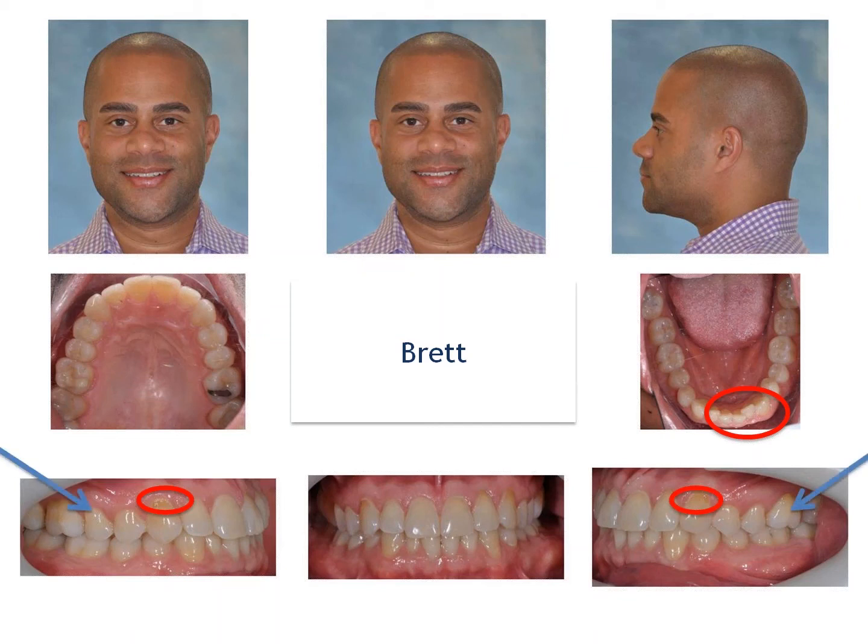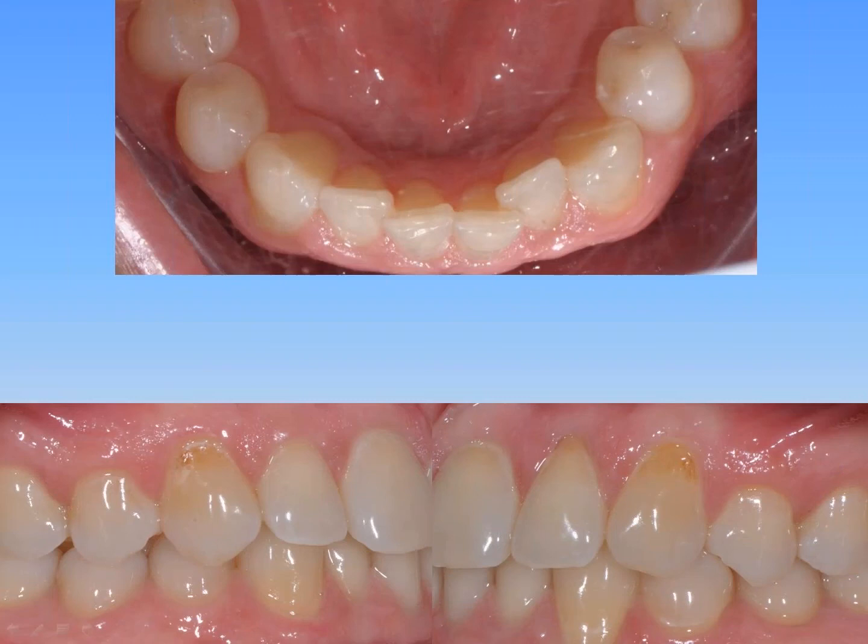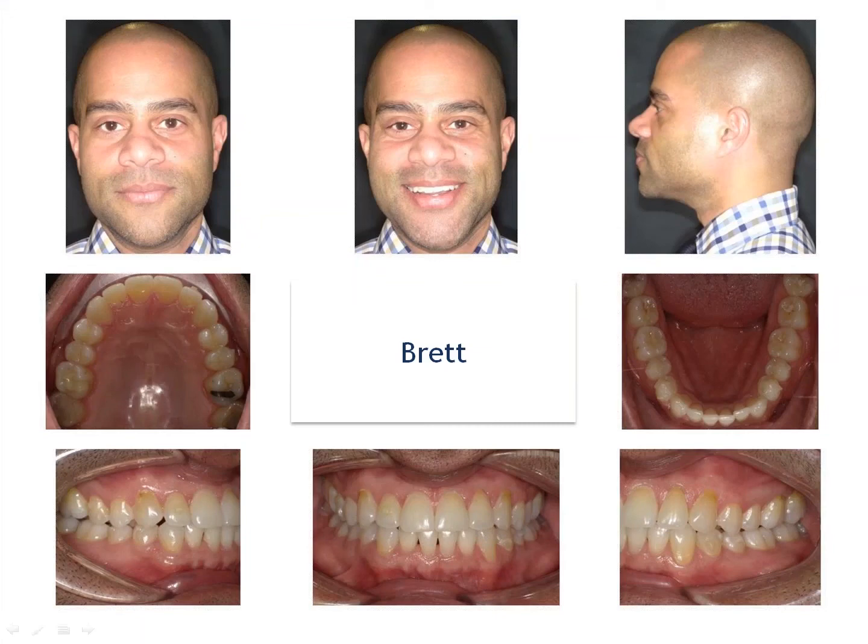So looking at, again, just the occlusion, I'll pay attention to that. Here we are with the crowding on the top there. You can see those areas of abfraction that have occurred. Hygiene could be a little bit better. Here we are looking at Brett in the middle of treatment after having done some MOP. He's using his